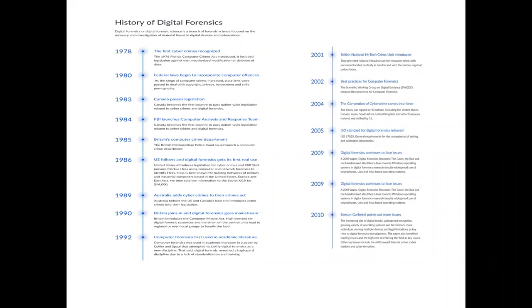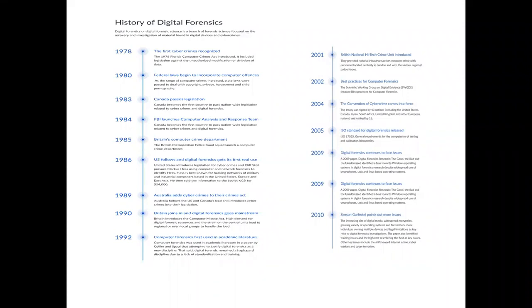So digital forensics started in 1978 with the Florida Computer Crime Act. And in 1980, the digital forensic team fought computer offenses. In 1983,